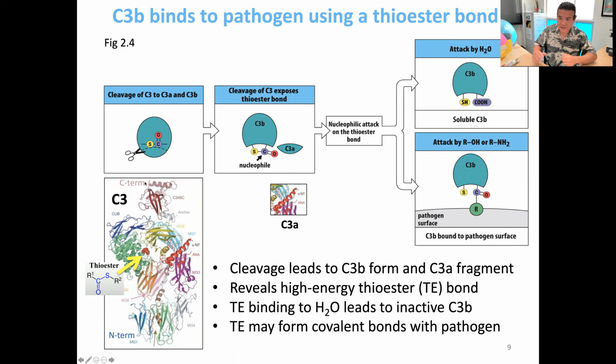And then you have the C terminus of the protein, right? Within this three-dimensional folded shape, there is a series of amino acids that actually have this thioester bond in terms of how they are connected, right? So this involves cysteine residues that have the sulfur group in them. So normally this thioester bond is just tucked away inside of the protein, but when the C3 is cleaved, when